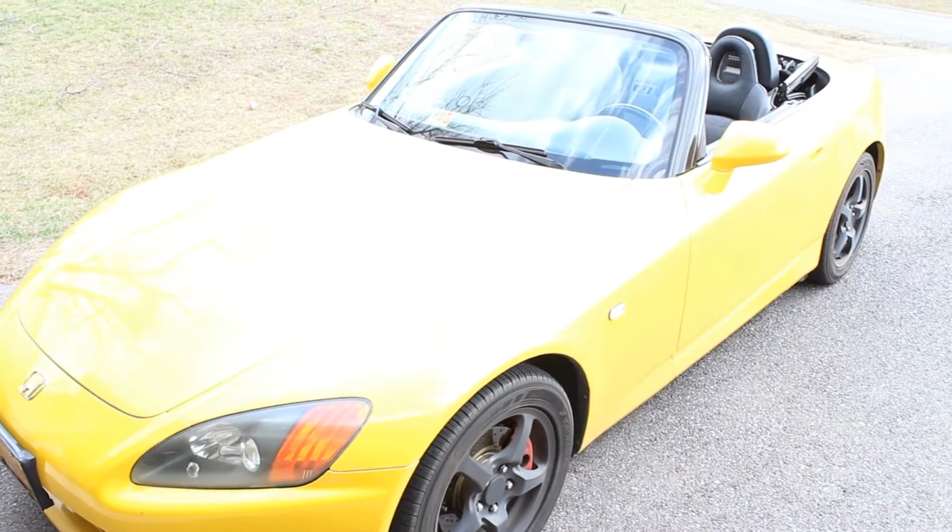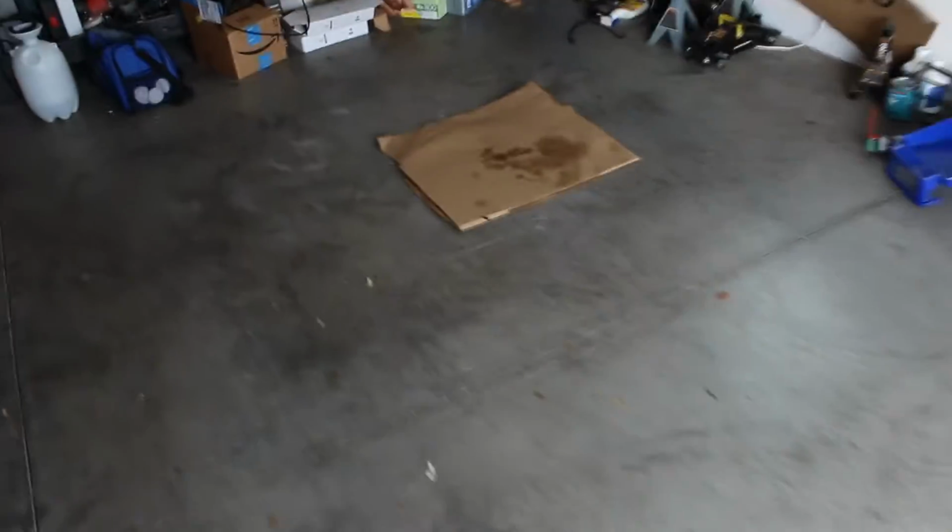It is the beginning of the third week of February, and it's 72 degrees outside, so absolutely loving that part. And now it's my turn to clean the S. She is extremely dirty. I told you in a couple videos back that I'd replaced the VTEC solenoid gasket,